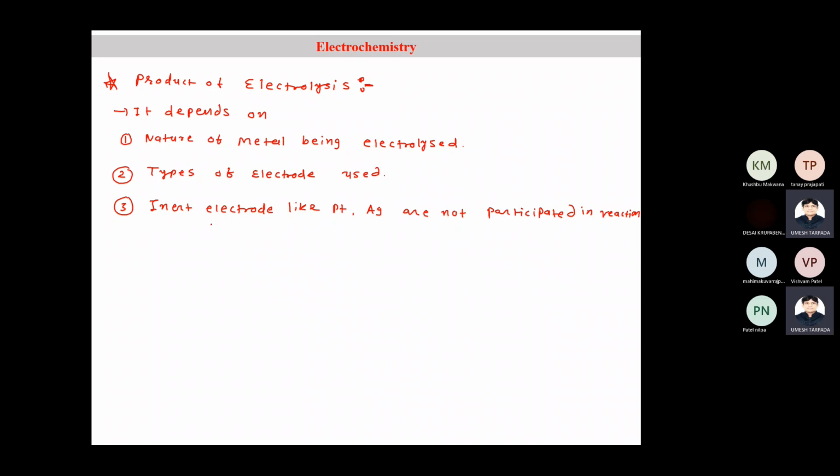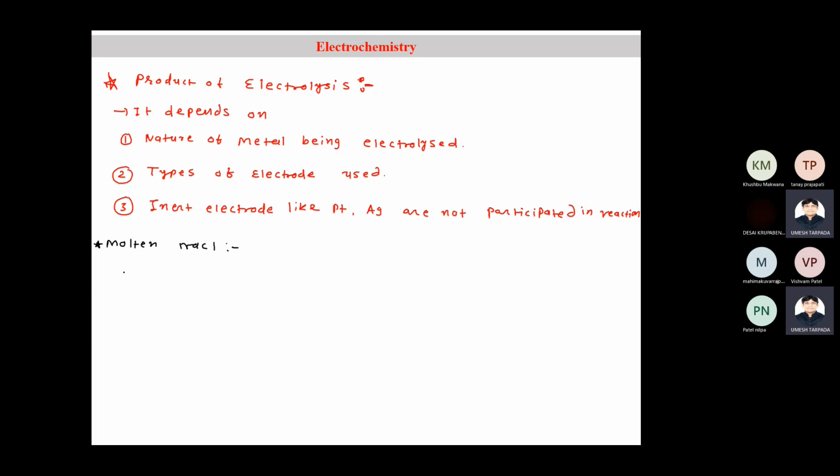So these are the factors which affect electrolysis, and on the basis of that we are going to do electrolysis of certain solutions. Among them, the first one is molten NaCl. What happens if we do electrolysis of molten NaCl? Molten state means it is a highly concentrated state, semi-solid type, in which Na plus and Cl minus are at maximum.